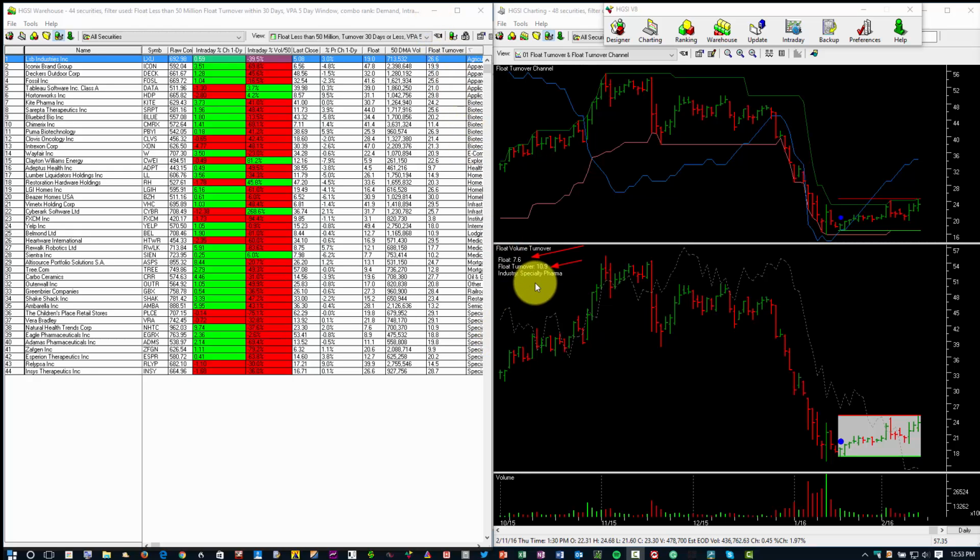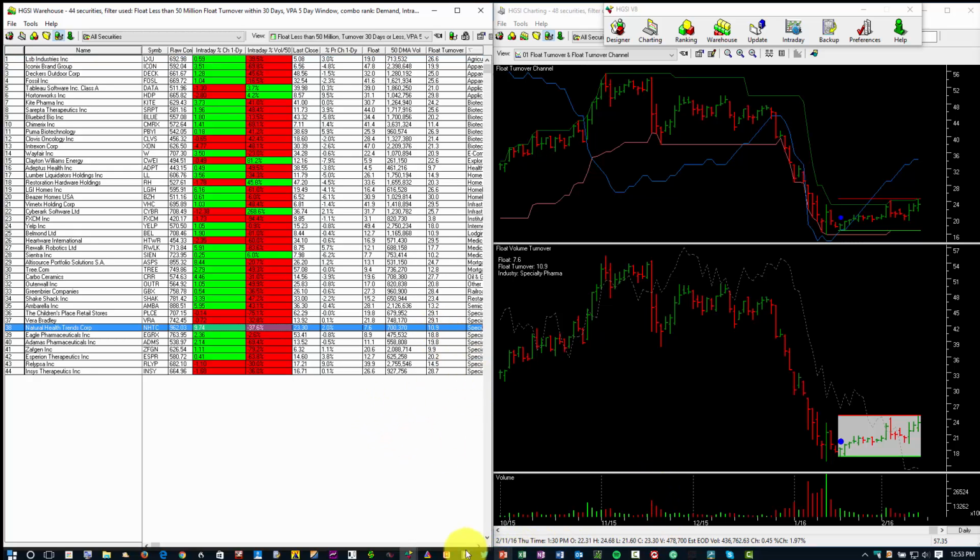Now, the stock that I currently have in here is this stock right here, Natural Health Trends Corporation, because I thought it would demonstrate some of the features of float volume turnover better than some of the others, but I will look at some other stocks. Now, I do want to bring up the calculator and show you how the float turnover number